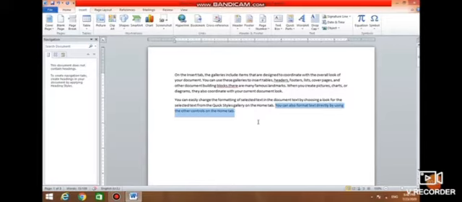Selecting text using a keyboard. Single character to the right of the cursor position: Shift plus right arrow. The single character will be selected. Single character to the left of the cursor position: Shift plus left arrow.